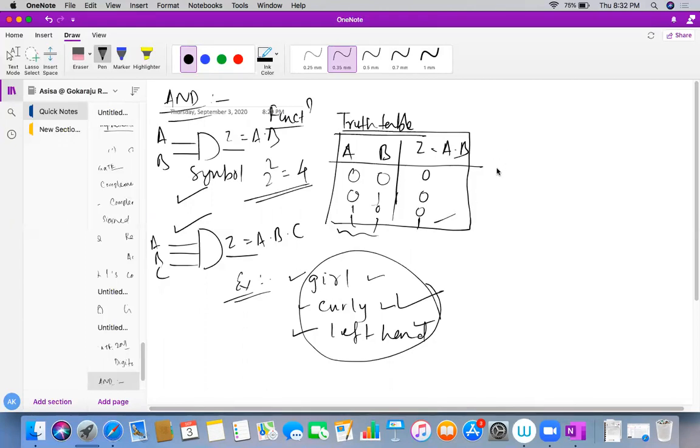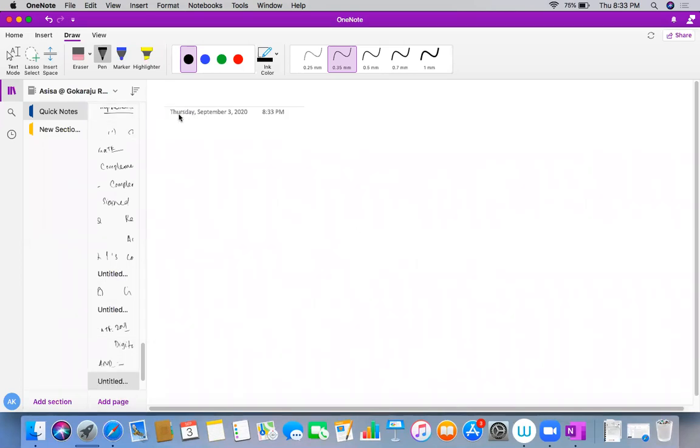Next, what is the IC number? Sometimes you may be asked about 7408. And now the last part is the equivalent circuit. Can you find an equivalent circuit with respect to basic logic gates or not? No, because this AND gate itself is a basic logic gate, so we cannot find an equivalent circuit of this with respect to the basic logic gates. So this is the AND gate operation. Very simple.